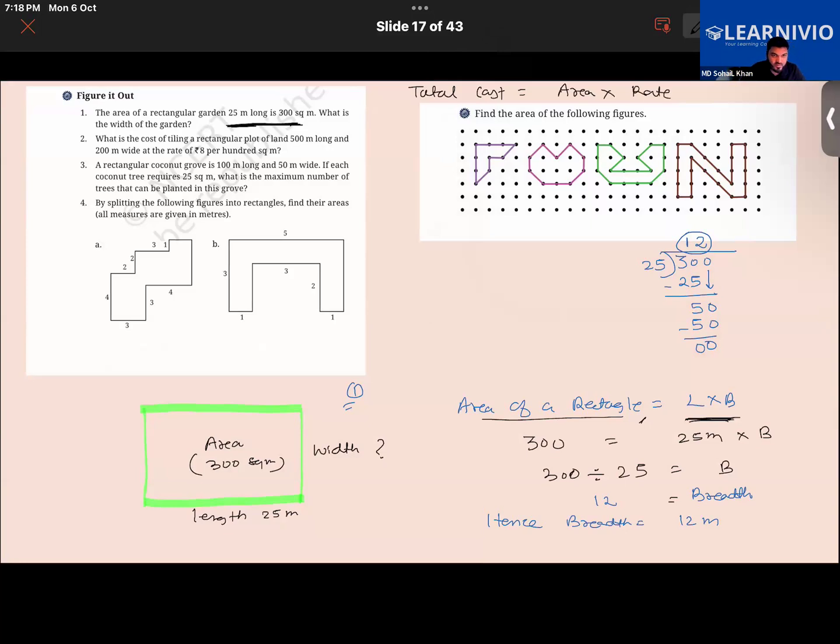Here the length and the breadth of the rectangular plot are given, 500 meter by 200 meter. So you will calculate its area by multiplying the length with the breadth, 500 multiplied by 200. Rate is given, that is 8. So you will multiply all the values and you will get your answer. You clearly understood that? Okay, so this will be given as assignment. Question number three is